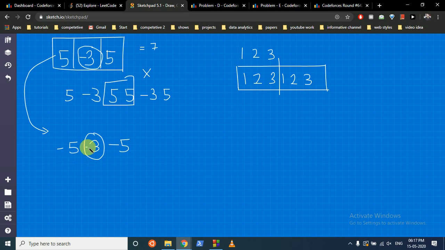If we just put a negative sign here, this is the minimum possible continuous subarray sum for this array. So the answer of this is +3, but the actual minimum is -3. Because from the total sum we have to subtract this sum, if we subtract -3 from 7, the answer will be 10.